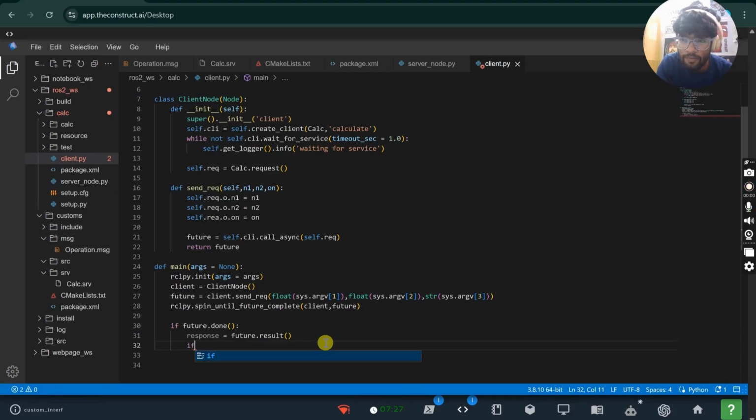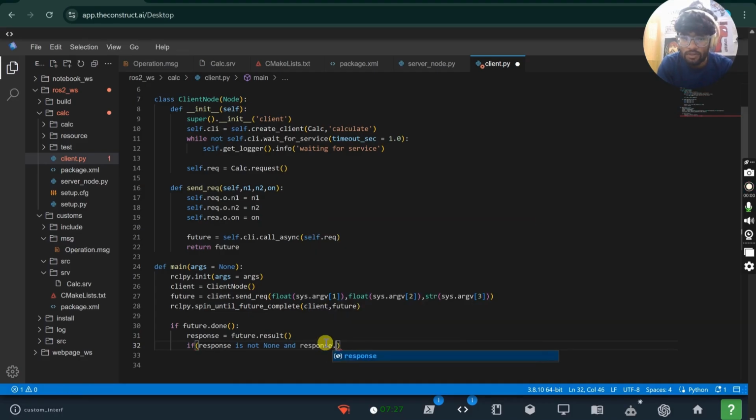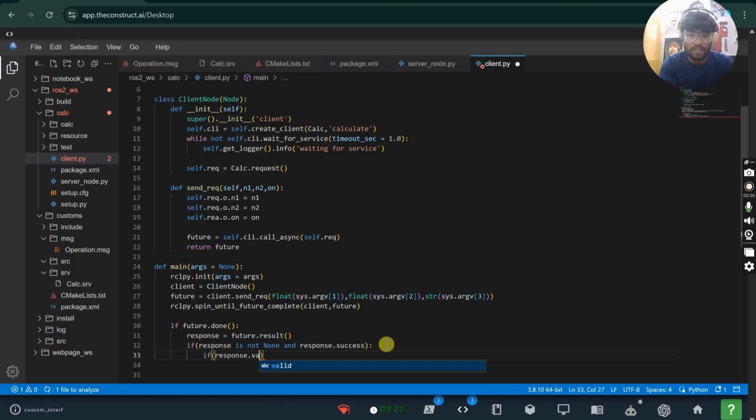Now, if response is not none, and response.success. If the result is not none, and our computation was success, and also if our response.valid is true,